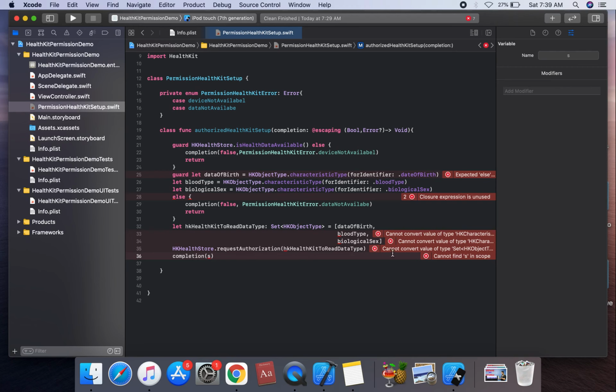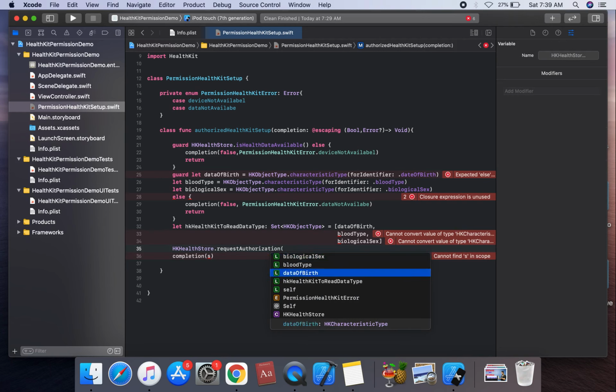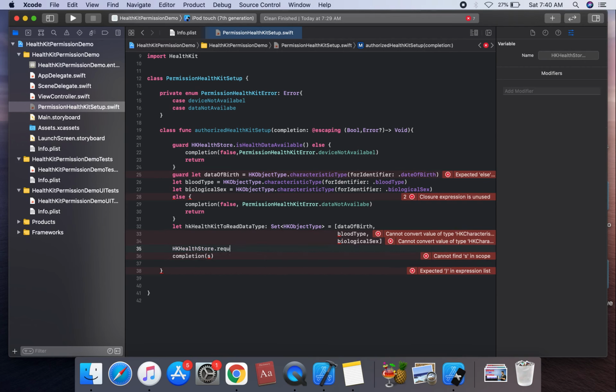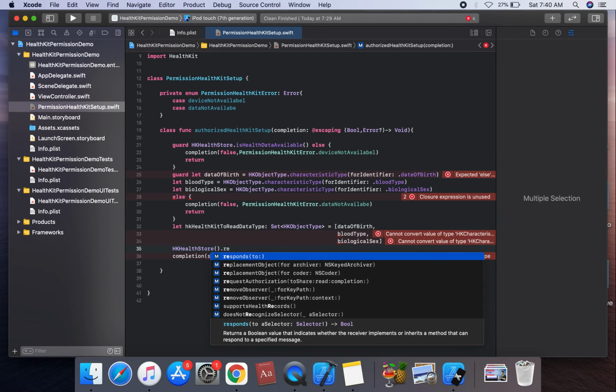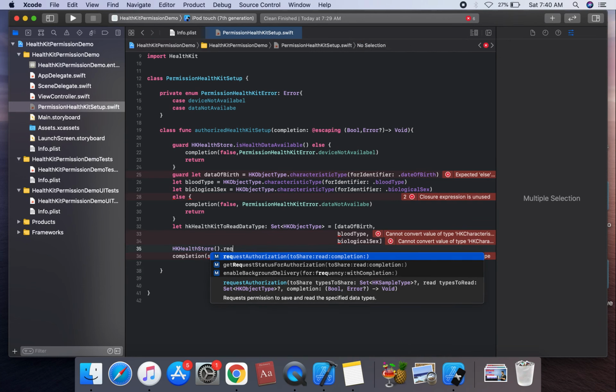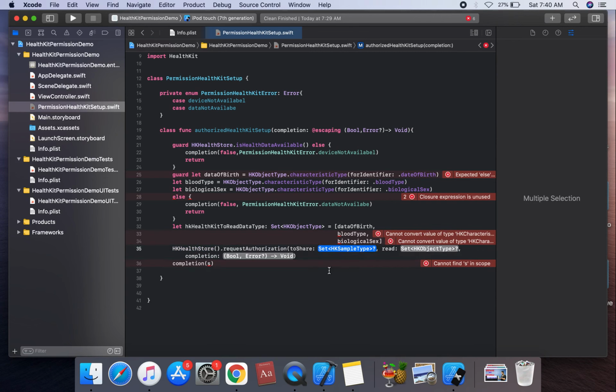Sorry, we're gonna pass on this other initializer request authorization, HK Health Store. We're going to instantiate this HK Health Store dot request authorization. Request authorization, we're calling on this completion.